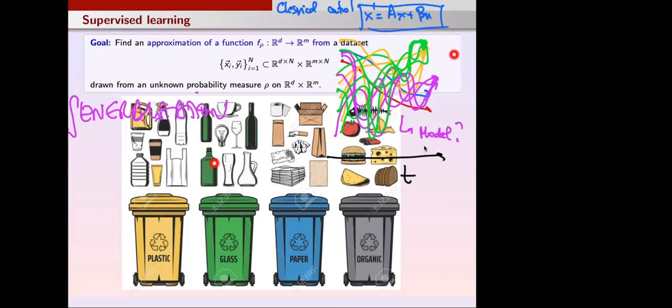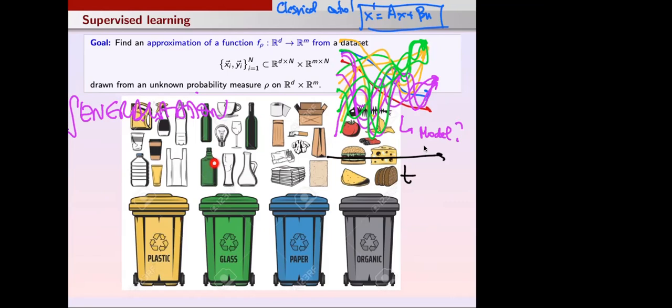So once you have this dynamical system that you have trained out of many, many data for which you have given the corresponding label, and you have built the nonlinear dynamics so as to allocate the correct label to each initial datum, the next time there is a new item, there is this bag, right? I have this red bag here. I think this is a synthetic material, so maybe it should go to yellow, I think. If I am getting rid of this bag, I will put it into the yellow.